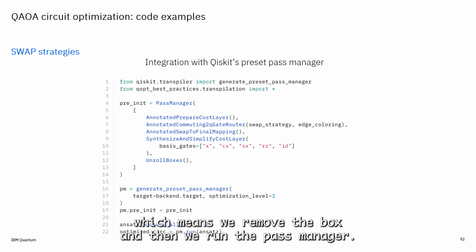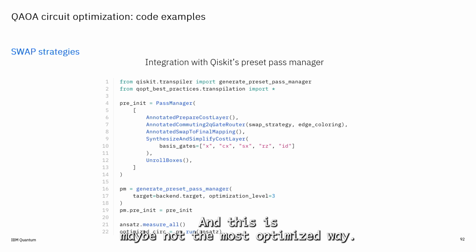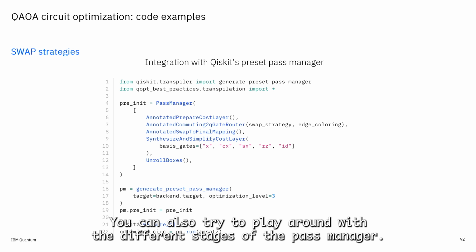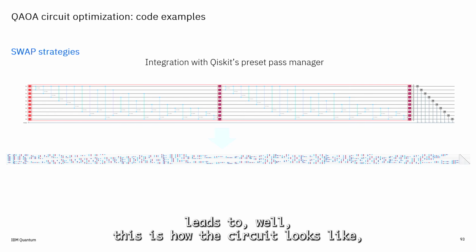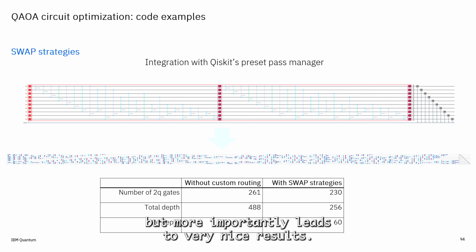We unroll the boxes, this means we remove the box, and then we run the pass manager. And this is maybe not the most optimized way. You can also try to play around with the different stages of the pass manager, but just doing this very naively and simply leads to, well, this is how the circuit looks like, but more importantly, leads to very nice